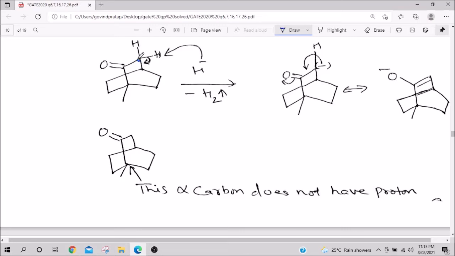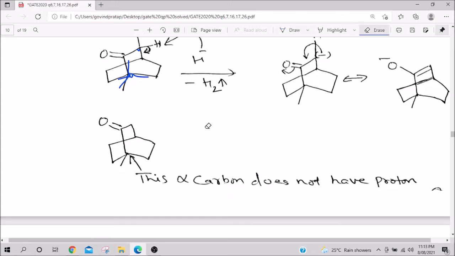So, here 2 hydrogens are there. You always have to look alpha to this side also. This side also there is an alpha carbon, but carbon has only 4 valency: 1, 2, 3 and 4. So, this carbon is attached to 4 bonds with 4 different carbons. So, no hydrogen. So, we do not have to worry, right.